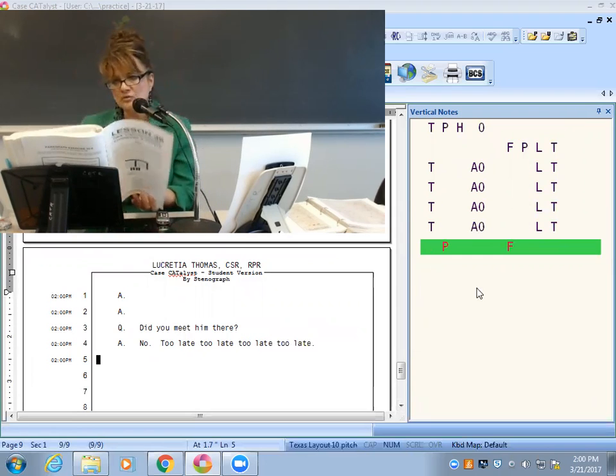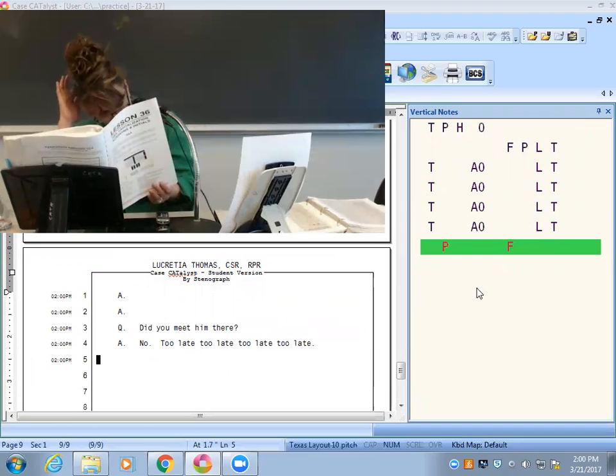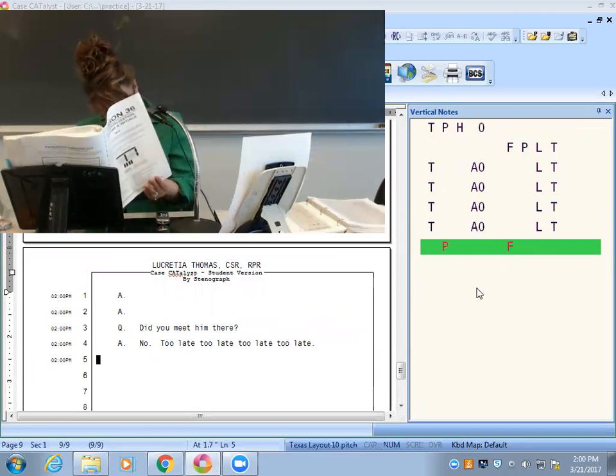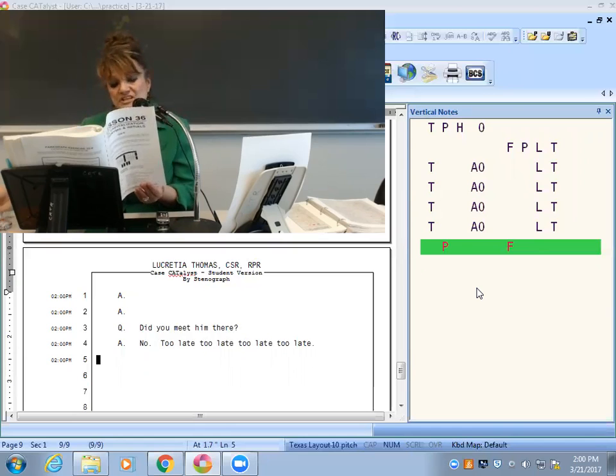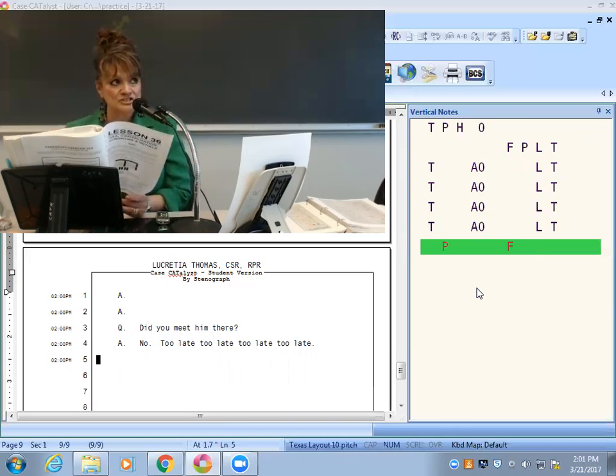So just so you know, and then going on, remember you don't have to put in the punctuation initially, like you don't have to put question marks at the end of the question, but the question mark sign. But what you do have to do is, if it's a long question or a long answer, you have to punctuate within that question and answer. Or if the answer is a question, you need to put a question mark at the end of it, okay? So just so you all know that.